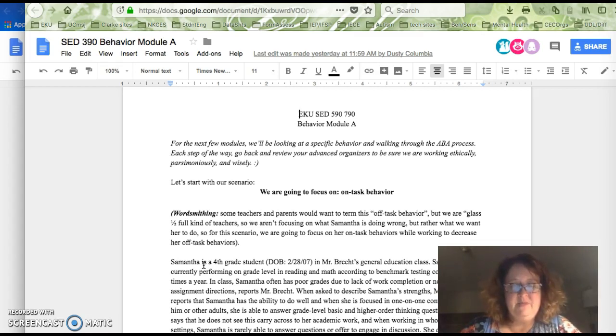Samantha's story is based on a student that I had when I was in the classroom, and Mr. Brecht represents a teacher that I worked with in the past. So you're going to get a feel for a real life scenario. I've changed the names of the student and the teacher. But what you see with the student scenario is very much in real time what I experienced as a teacher, what you will experience as a teacher with different students, and hopefully it'll give you a feel for how things work, rather than just getting a case study and saying, here's a bunch of information. This is just step by step, week by week, what's going on.